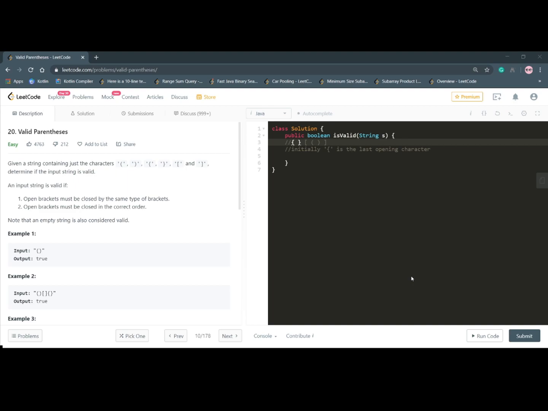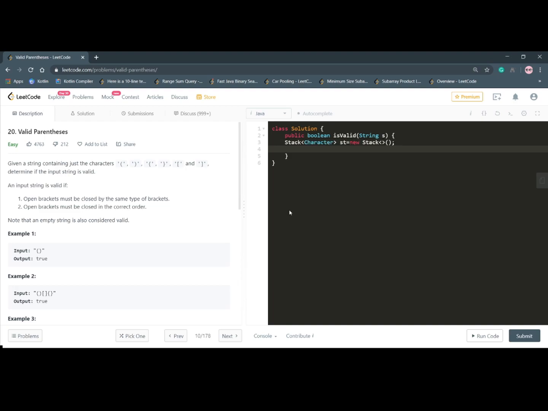the first closing character. We can figure out that we can use a stack in order to solve this question and to keep track of the brackets. If we see an opening bracket, then we will push it into the stack, and whenever we encounter a closing bracket, we look into the stack and check whether the closing bracket has its corresponding opening bracket on the top of the stack. While traversing the whole string, if this condition fails any time, we will return false, but if we have traversed the whole string and the stack is empty, it means our string is valid.